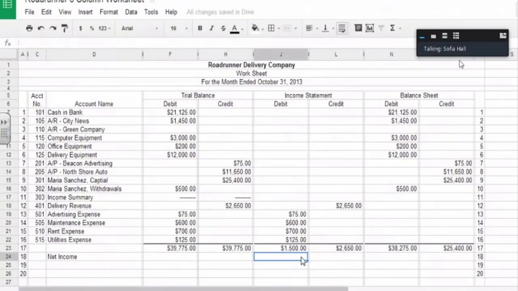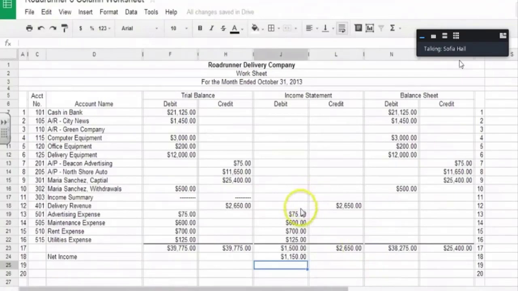So in order to find what net income is, we are going to take our revenue minus our expenses, okay? So I'm going to do a simple formula in here. I love formulas, okay? I'm going to do the equal sign, and I'm going to click on my revenue minus my expenses, okay? So what I came up with is that I have $1,150 worth of net income, right? My revenue is greater than my expenses, okay?